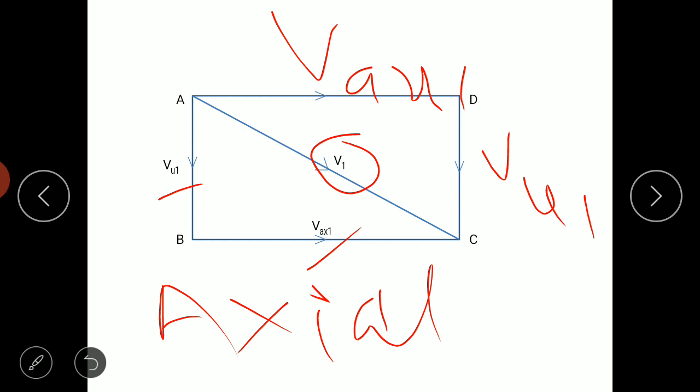So I am referring to the previous figure. From that we have taken the ABCD face. V1 is the face diagonal that is split into Vx1 and VU1. So this is nothing but our axial flow turbine. In the case of an axial flow turbine, if you see carefully, which component is not there? VRD1 is not there, which means VRD1 is 0. In axial flow turbines, there will not be any radial velocity component. The radial velocity component will be 0. Please understand this.